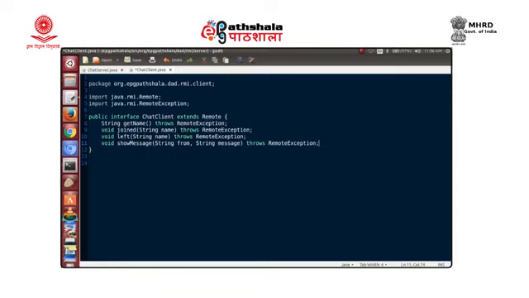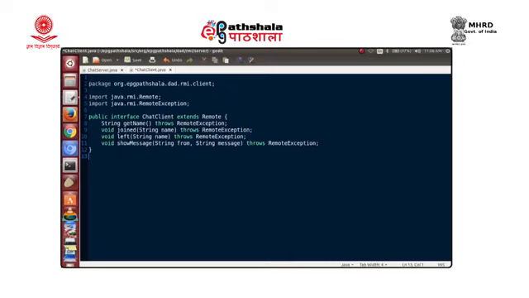One is getting the name, another is the indication from the server that a new client has just logged in, and whenever someone logs out, we have a method called left to indicate to the client that someone is logging out. And then we have a method called show message. If there is a message from another client to this client, the server is asking it to show the message. So, that is how we have identified the methods for the chat client.